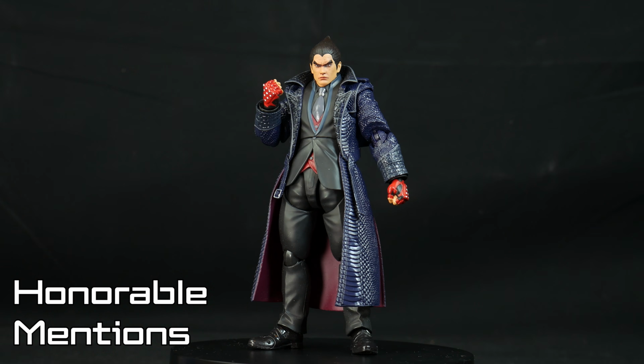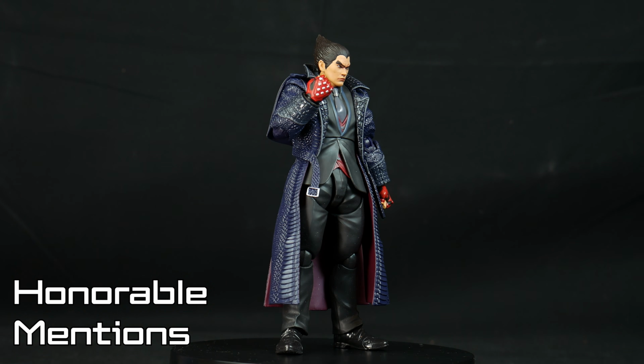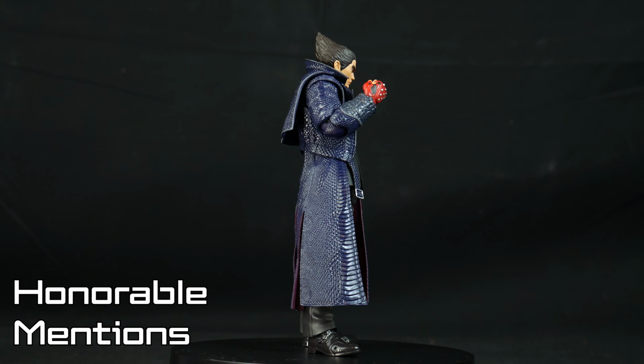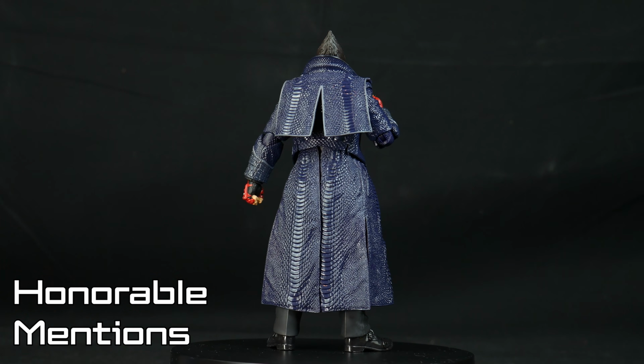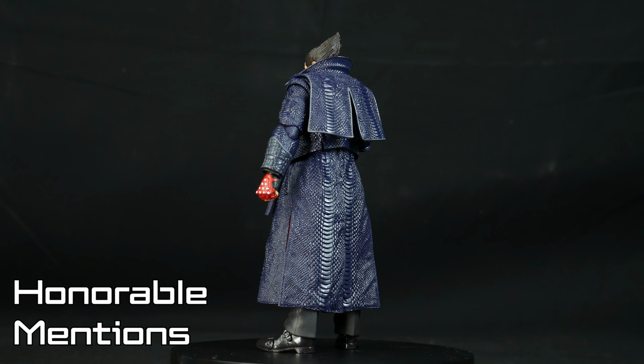SH Figuarts Kazuya Mishima. Kazuya has a great shelf presence and looks amazing. His suit has a great amount of detail and his face looks great. His articulation is amazing. I love it. He poses so well despite the design. This is how Figuarts should be. I highly recommend this to any Tekken 8 fan and Kazuya fan, and he makes a nice addition for the